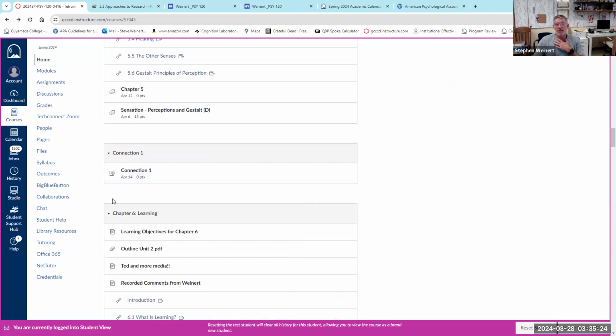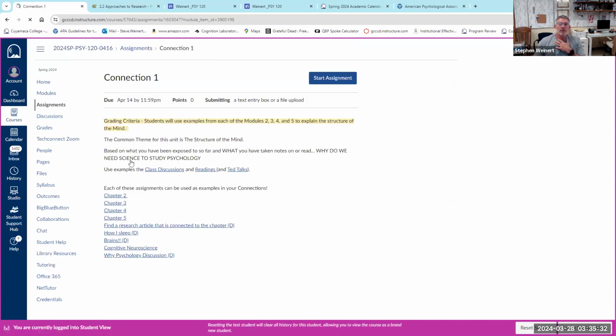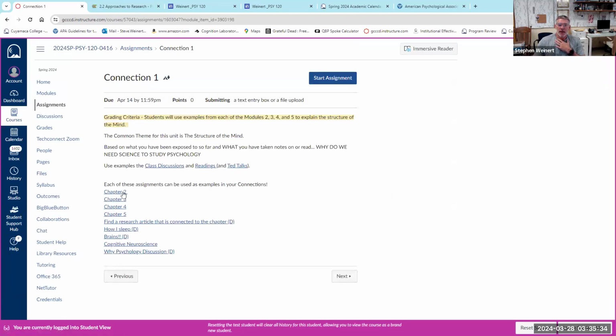And then when you get down to the bottom, here it is, what I'm looking for. Again, the due dates are kind of wonky on this. Connections essays. So let me open up the first connection essay. Okay, so what I did is I copy and pasted the assignments that you need to do before you can do this connections essay.